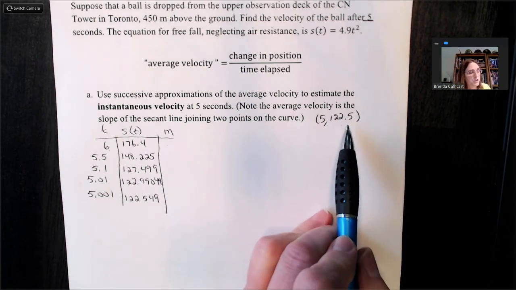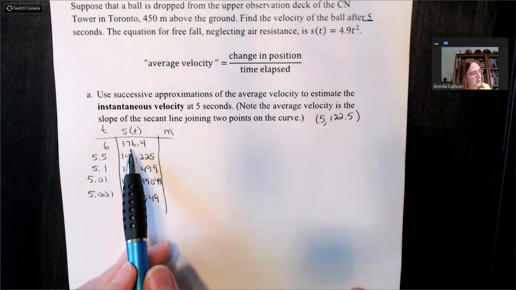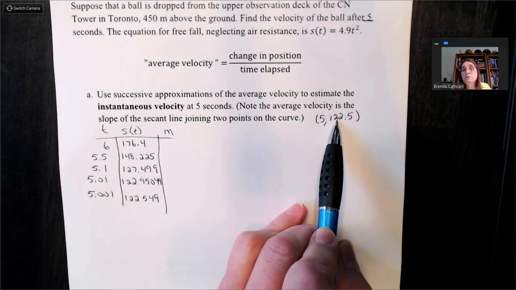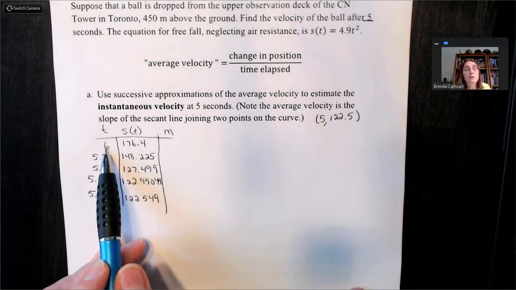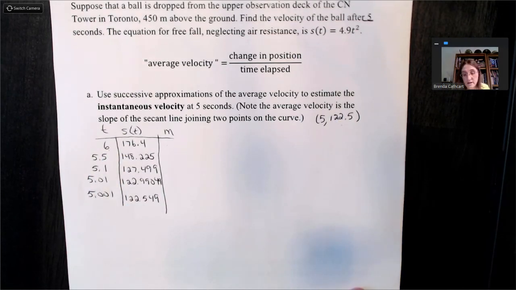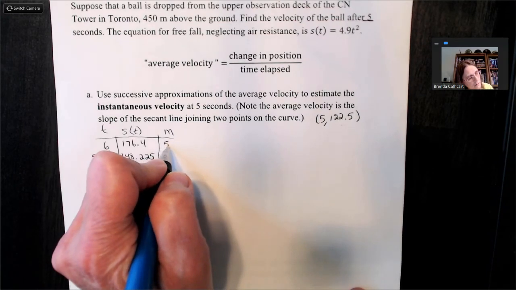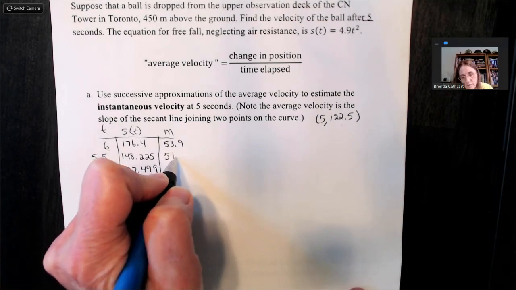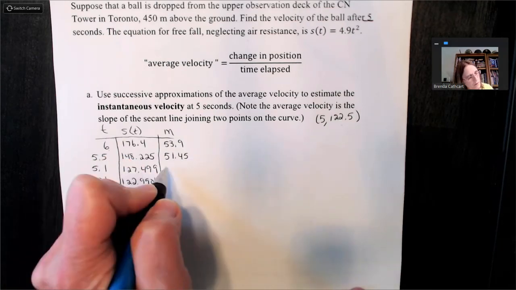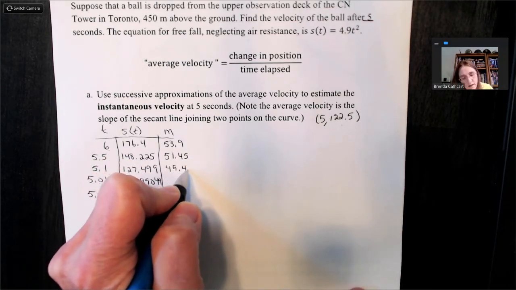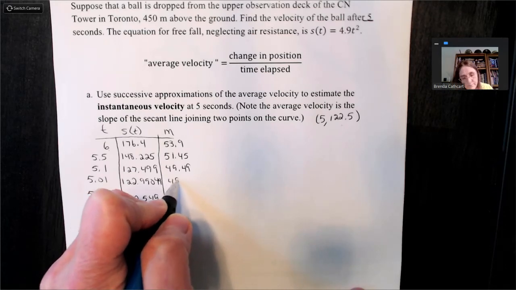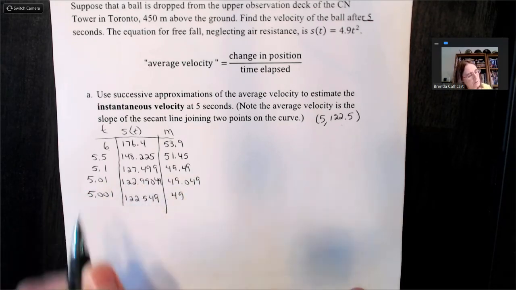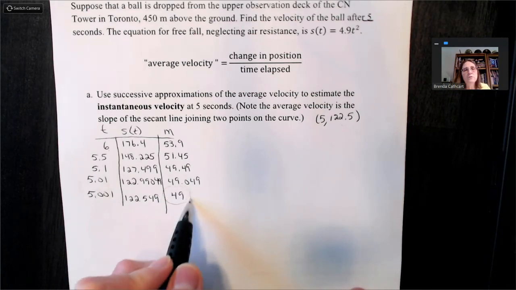So I'm going to do my change in position. I'm going to take 176.4 minus 122.5 all over 6 minus 5, or 1 second. And so I've calculated all of these slopes, and I'm just going to fill those in. We can see the progression of these slopes getting slightly smaller each time until they all seem to approach 49